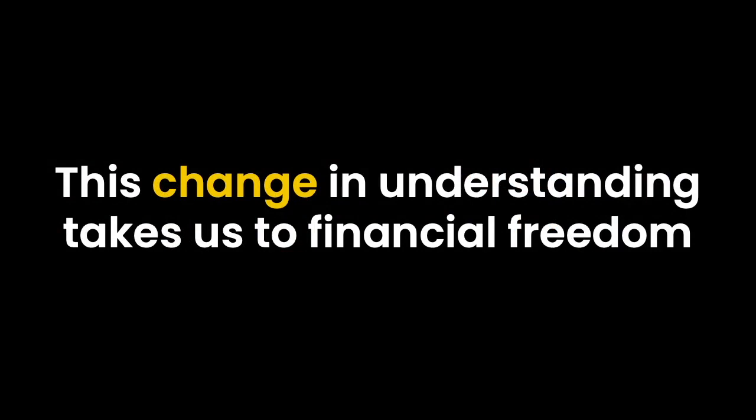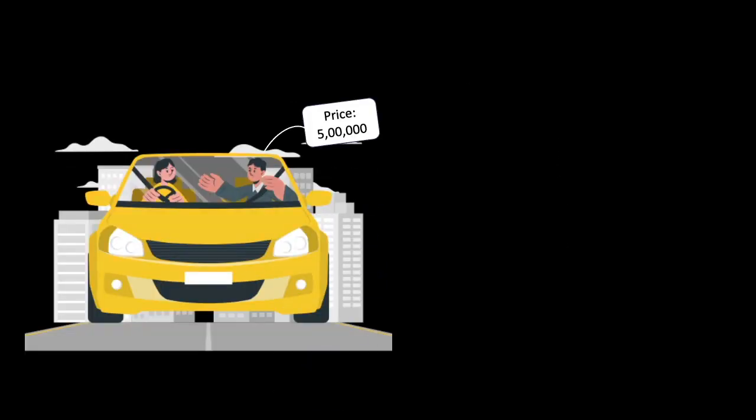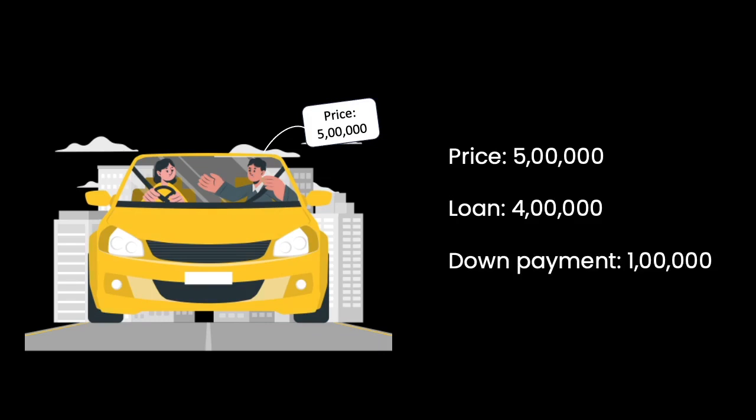This is an important concept when we are managing our finances, and more important when we are planning our finances. This understanding of assets and liabilities goes a long way in getting to our goal of financial freedom. So imagine that you own a car. Let's say you paid 5 lakhs for this car. You paid a down payment of just 1 lakh rupees, and the balance amount of 4 lakhs you took from the bank. As long as you are using the car for your own personal benefit, the entire 4 lakhs is your liability. And the 1 lakh amount is your cost in the car, right?